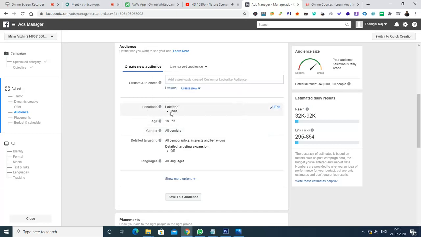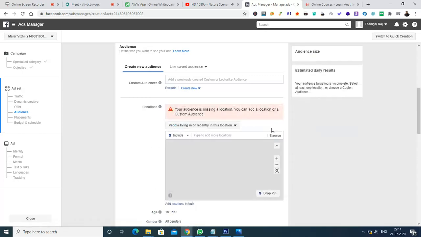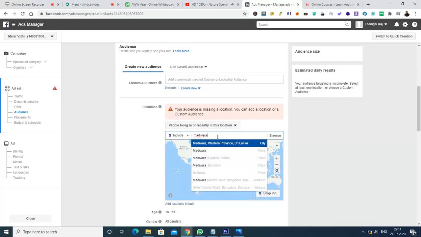The default location has been chosen as India, but I have the option to choose an even closer location. For example, in India, I don't want to choose India. Instead, I want to narrow down the location, so I'm going to write it as Madiwala. Okay, so Madiwala, Western Province, Sri Lanka. In Sri Lanka I think there is a city called Madiwala, but I want to check a location which is available in Bangalore. So I'm going to write it here as Madiwala comma space